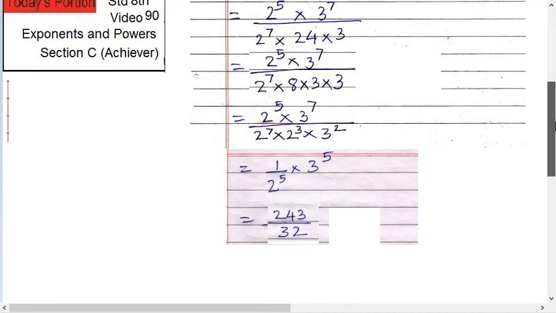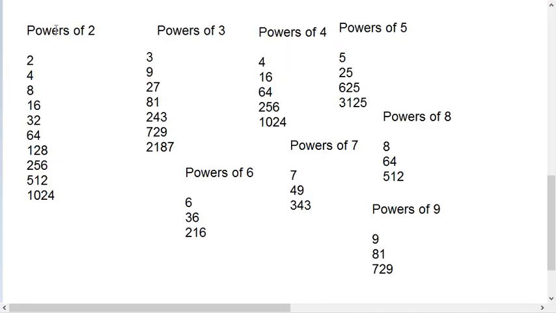Okay. Now we'll see what powers of numbers are needed to you throughout your career. See this. Powers of 2. What are needed? 2 raised to 1, 2 raised to 2, 3, 2 raised to 4, 2 raised to 5, 2 raised to 6, 2 raised to 7, 2 raised to 8, 2 raised to 9 and 2 raised to 10. This much is needed for 2. In any competitive exam you go through in your life, this much is needed at least. Then powers of 3. 3 raised to 1, 3 raised to 2, raised to 3, raised to 4, raised to 5, raised to 6 and raised to 7. Generally raised to 6, this much is enough, but sometimes raised to 7 is needed.